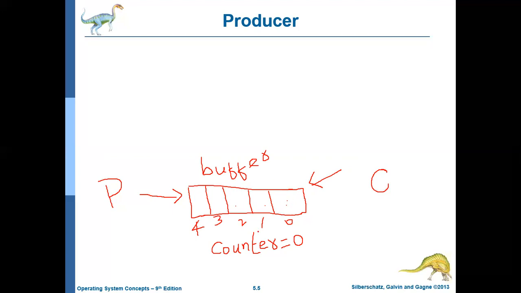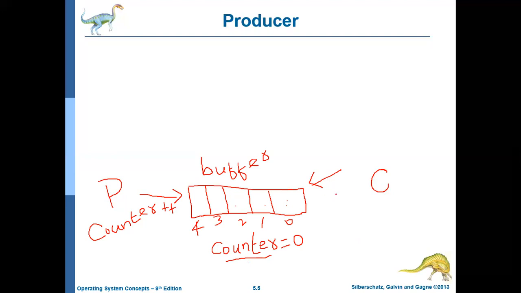And this counter: whenever the producer produces some item and places that item in the buffer, the producer will increment the counter by 1. Remember, this counter is a shared variable.